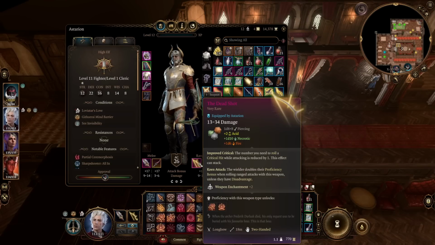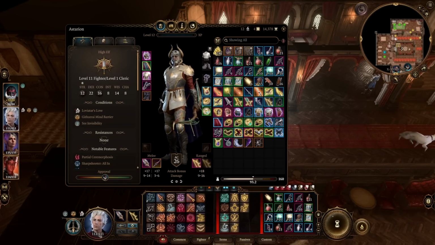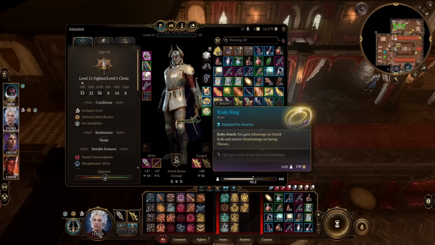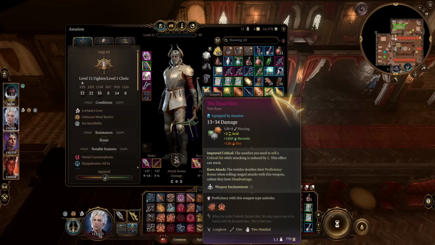So we're pretty much always adding our proficiency bonus to our ranged attacks, which at max level I believe is +4 or +5. I'm pretty sure it's +4. Someone correct me if I'm wrong. But yeah, that's pretty good. So with the risky ring and the second line from this bow, it is very hard for us to miss an